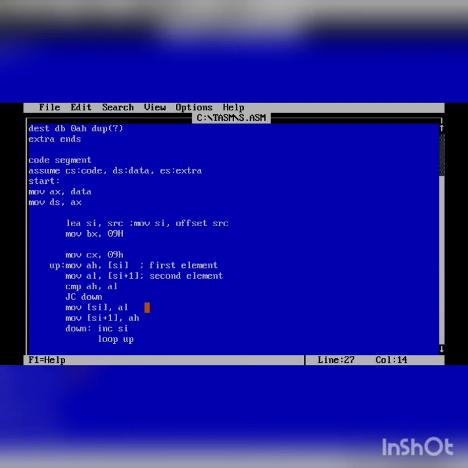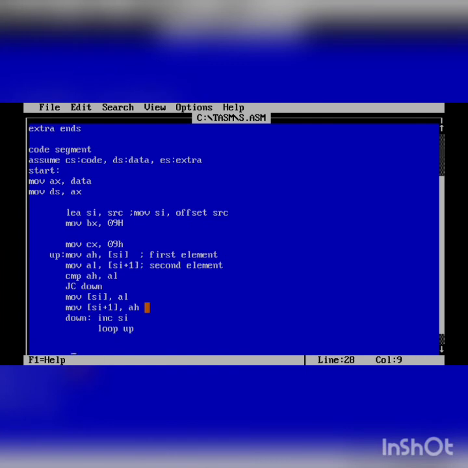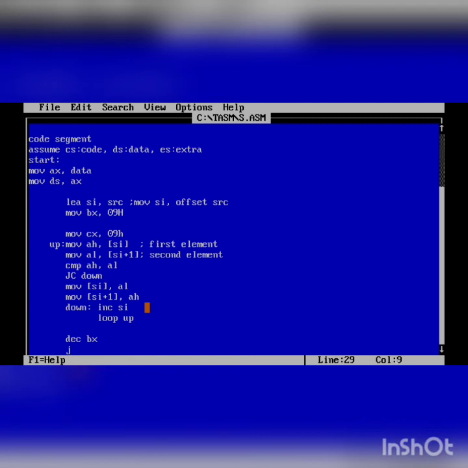This we can do by using one more loop, where we are decrementing DX to indicate the number of passes, and if not 0, we jump to this second label. So here we can use this up 1, for these are the sequence of statements.